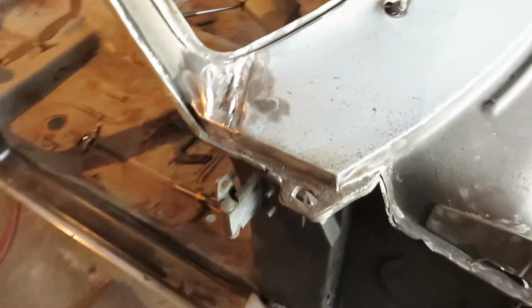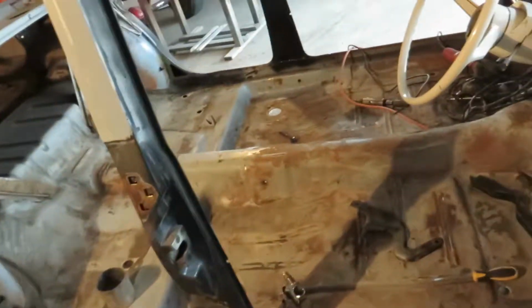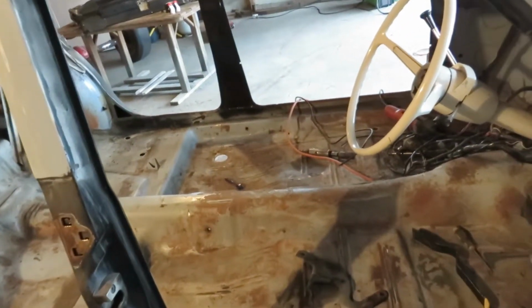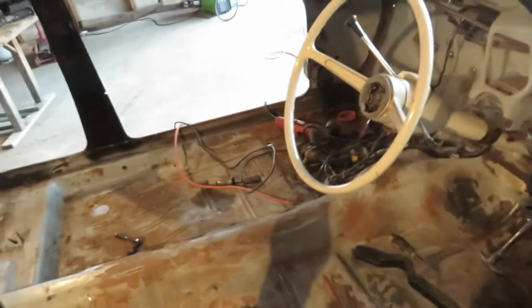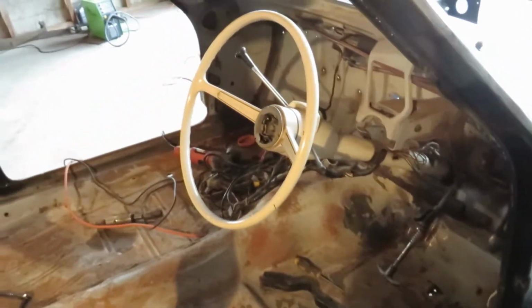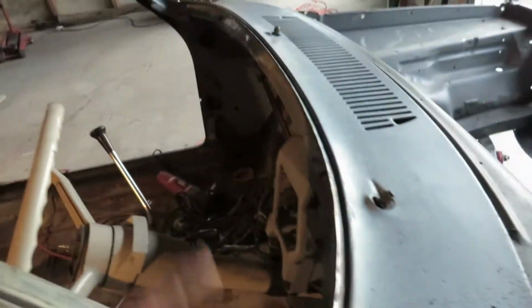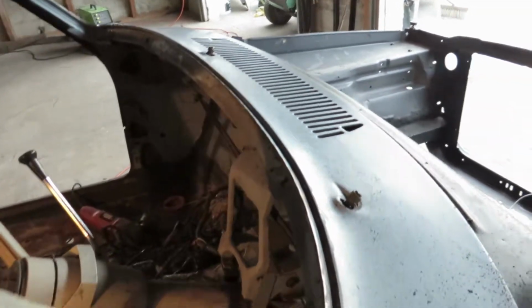Yeah, so apart from that, taking all the doors off, boot lid off, clean the car out, clean the whole shed, have a bit of a reorganise. So yeah, that's basically what I was doing. I was trying to clean up the floors, and I was going to start rust killing any surface rust in the floors, because there was a little bit, and that's sort of when I was trying to clean up underneath the dash and bits and pieces, where I found those holes, and the more I looked,